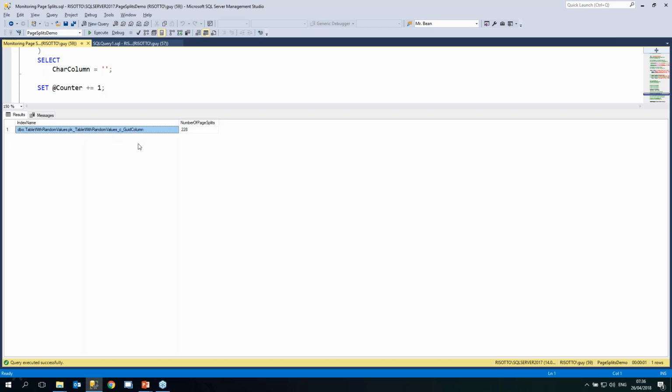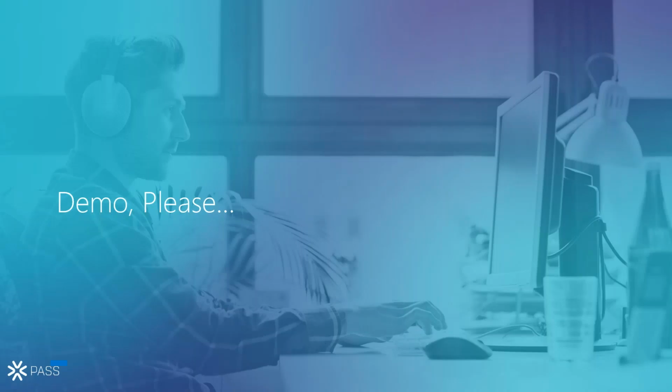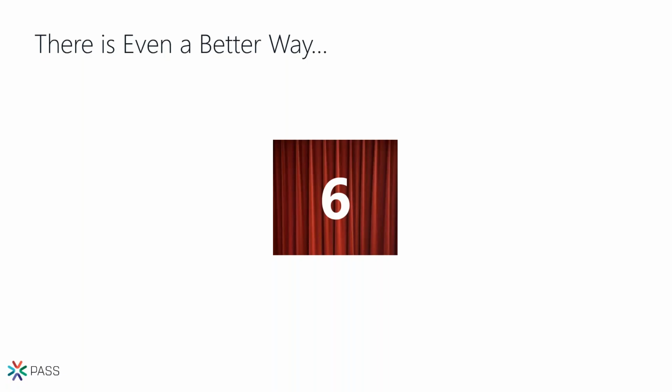So for the first time, we can now monitor the real page splits by using the transaction log. This is a great thing, but it's not the best thing. Let's go back here. It's not the best thing because you need to monitor the transaction log itself. And like I said, in a production environment, that might be a problem. That might incur some overhead. And also, you need to use fn_dblog, which is not a supported function. And also, you need to rely on the contents of the transaction log, which is also something that is not documented. So it's not a very good solution.